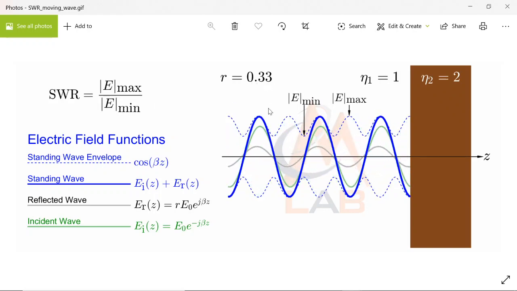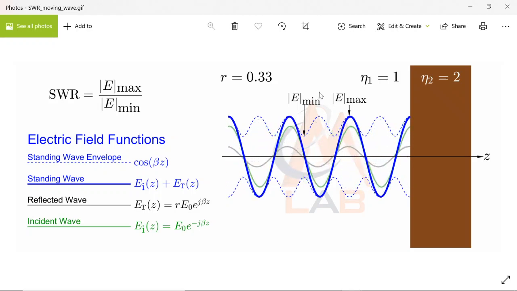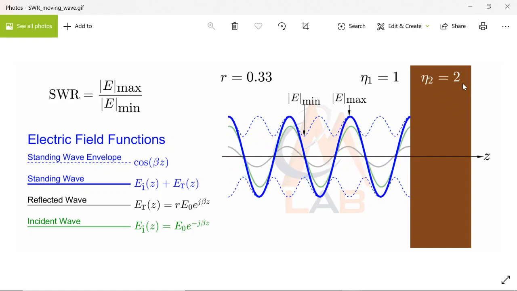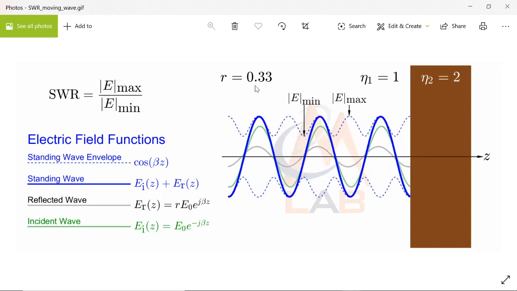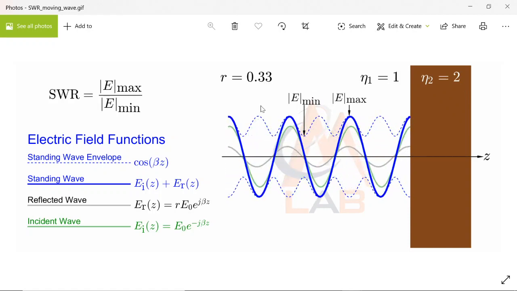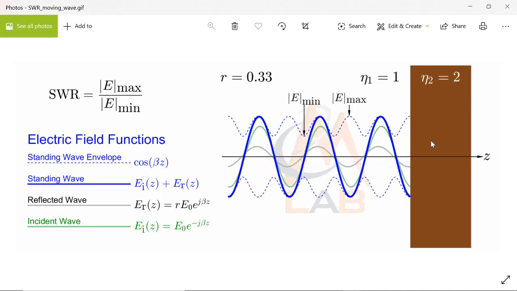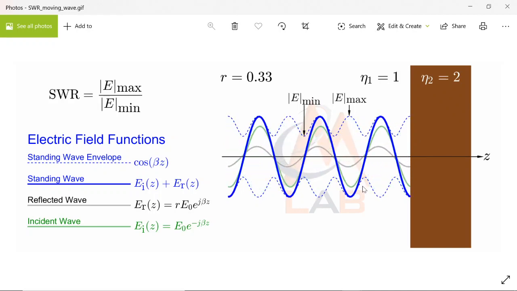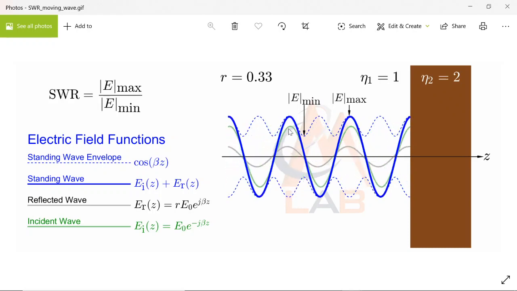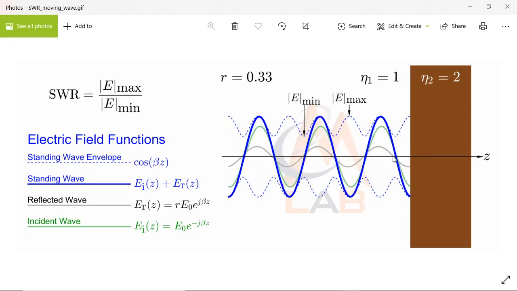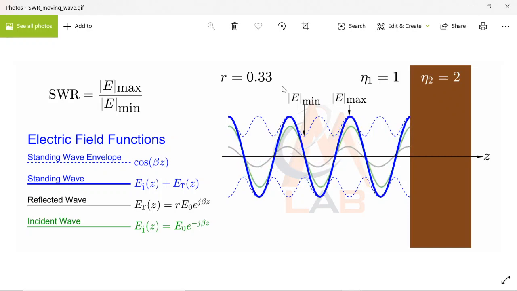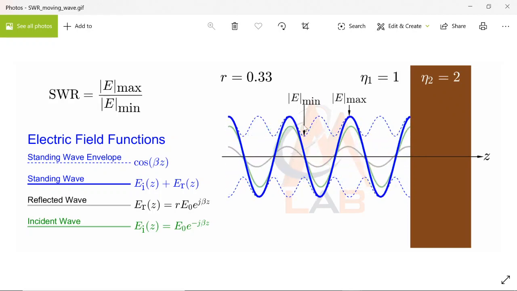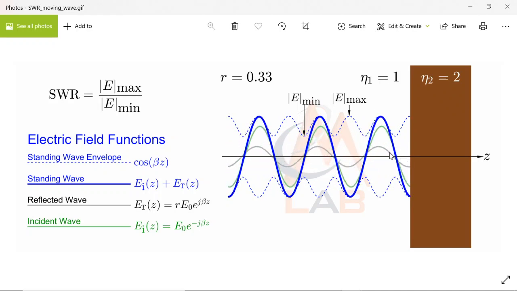be 0.33. Now they have taken n1 to be 1 and n2 again real, so because gamma is not exactly 1, some portion will be reflected and some portion will be transmitted. However, it will have a standing wave ratio. So this is the standing wave, and this wave is reflected back. Now because gamma is 0.33, the magnitude is not exactly the same as the incident wave, but it will be reduced. So this factor is reduced.